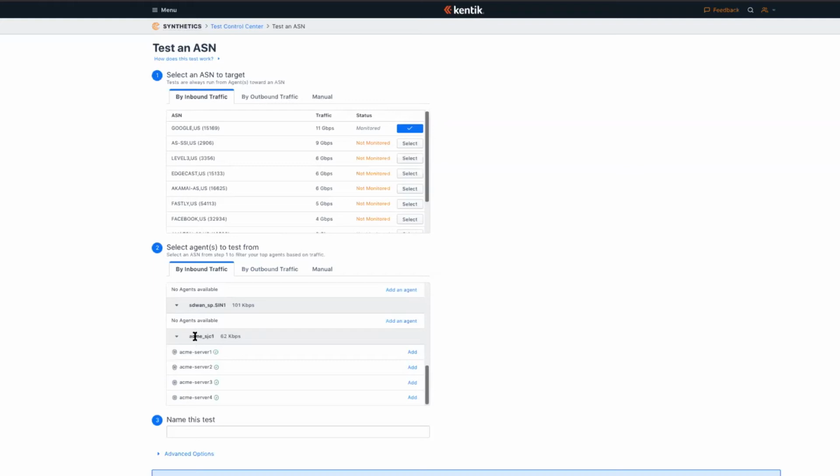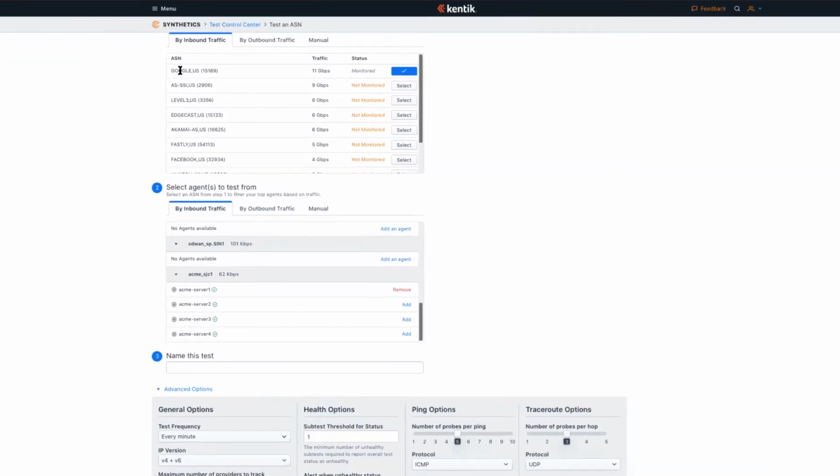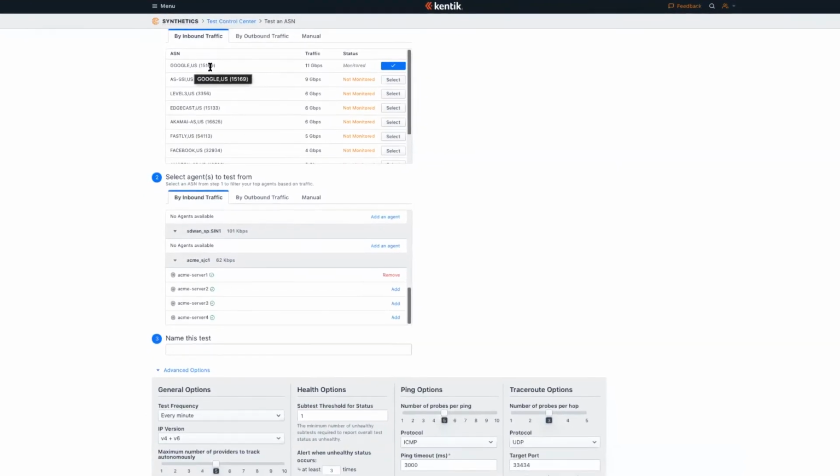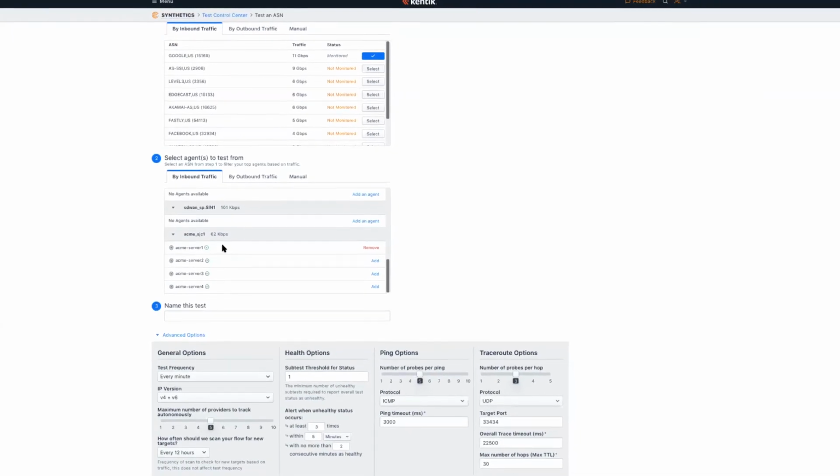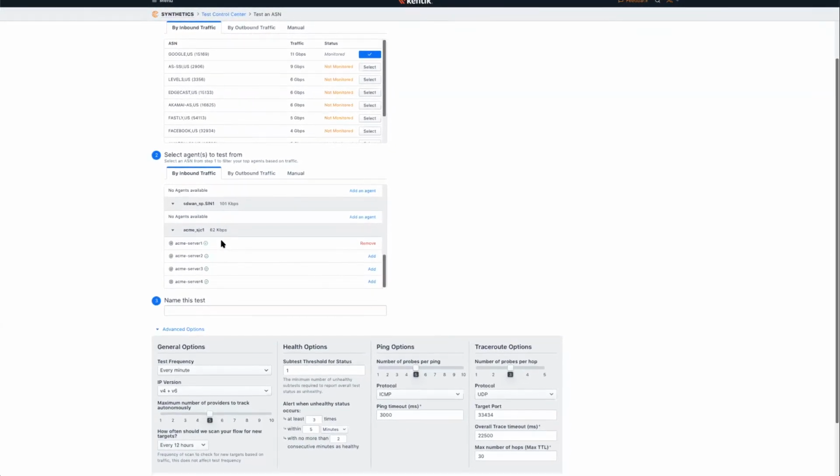So in this case, you can see that the Acme SJC1 data center has 4 agents installed. So I have an option of adding one of these agents. And so I click on add over there. And what's going to happen now is we are going to set up tests from this agent towards that ASN. And what we will do is we'll run a query to find specific IP addresses within this ASN that have traffic coming from this site with this agent in it,